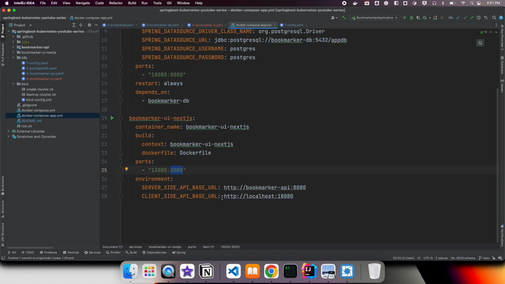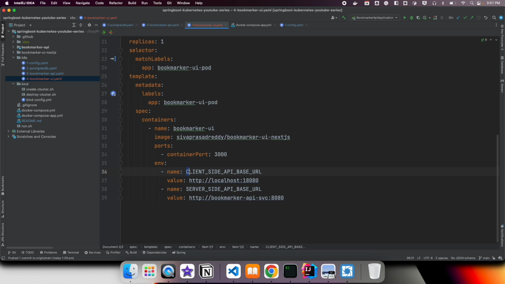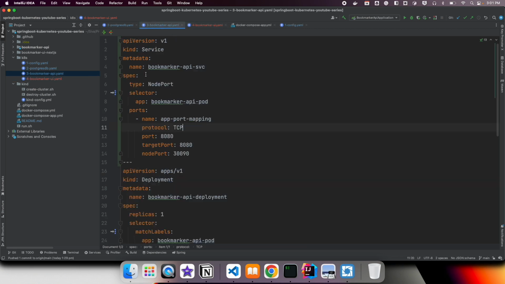Ideally, in production, you don't need to have these two URLs if you are using a logical domain name. But in our local setup, we don't have a logical domain name, a DNS name. So that's why we are configuring two different URLs. In a similar way, while deploying on the Kubernetes kind cluster also, we have these two URLs, the client-side and the server-side API base URL. The reason is, when we are exposing our API, we are making it available on node port